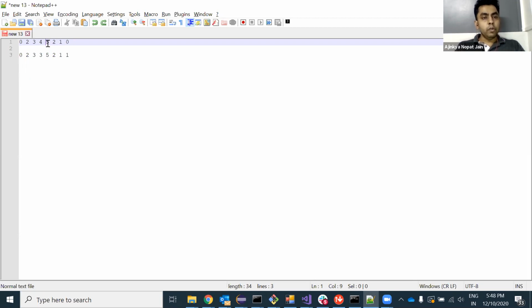So we'll use binary search to find this pivot element, and after finding it, we'll iterate through the elements from the 0th index to the pivot element, and see whether the numbers are in strictly increasing order or not. If they are not, then we'll return false, and we'll also iterate through the elements after the pivot element, and see whether the numbers are in strictly decreasing order or not.